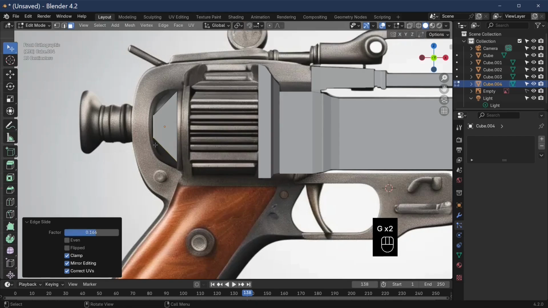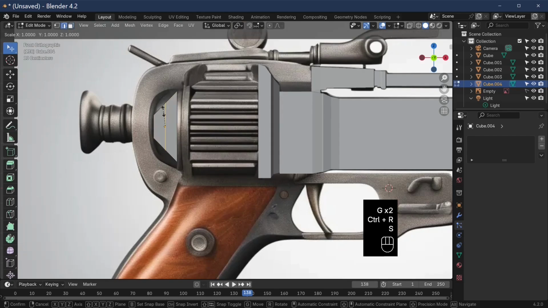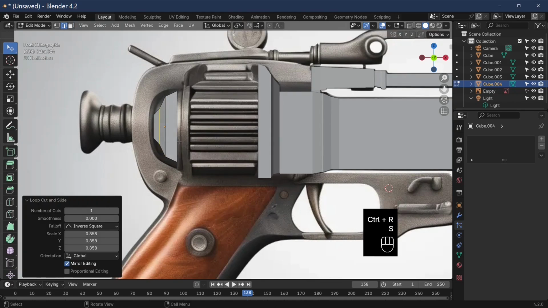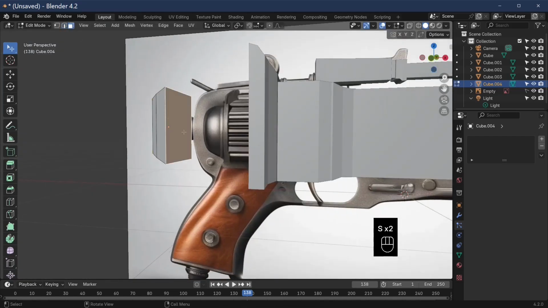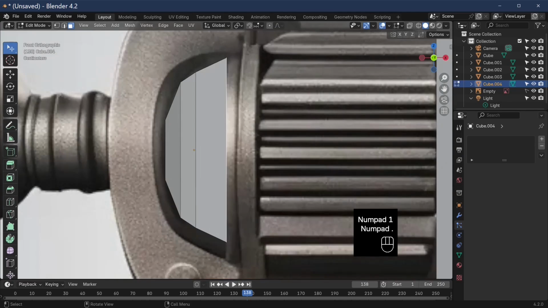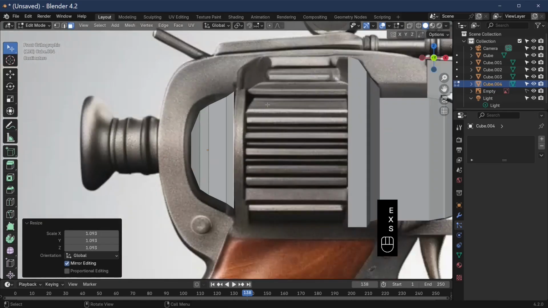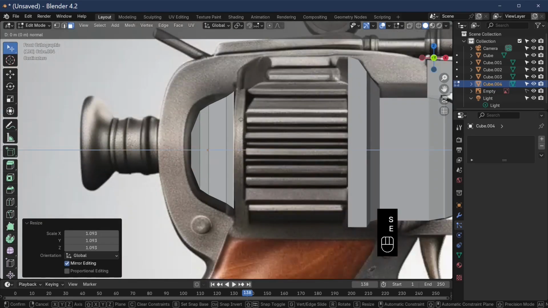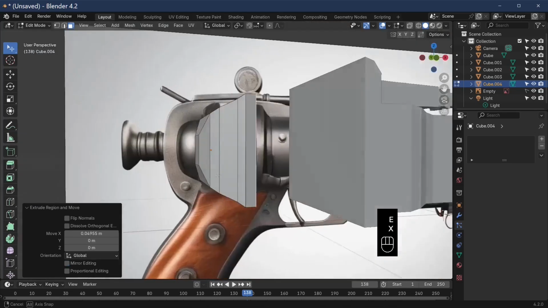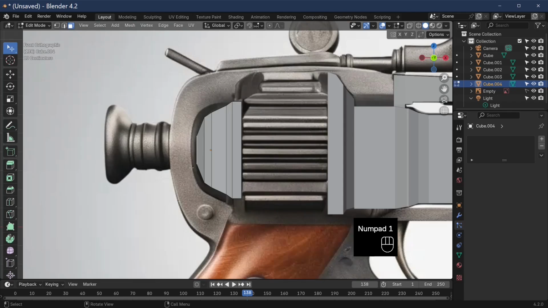just so we've got that dome part, and we're going to change the shape of this, Control and R, and S to scale, just so it actually roughly follows the shape we want. So we're generally making that dome shape, zoom right in on it, and I'm going to make a sharp edge here, E and X, just to actually do that, scale it, and it appears that it's got a rim round there, so I'm just going to E and X, just to take it and make that kind of shape. So we've got that kind of shape, and then all we need to do is carry this back to E and X,